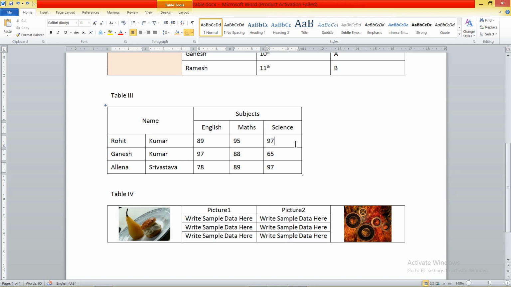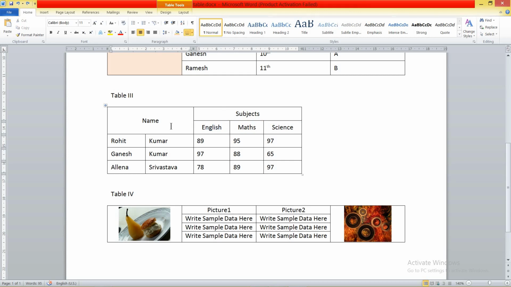Now I am going to make this table with the help of 5 rows and 5 columns. One more thing to understand: if you talk about the last row, how many cells do we have? 1, 2, 3, 4, 5. In the second last row, we have 1, 2, 3, 4, 5 cells. In the third one, we have 1, 2, 3, 4, 5. It means these 3 rows have an equal number of cells. What about this particular row? It has only 3 cells: 1, 2, and 3.